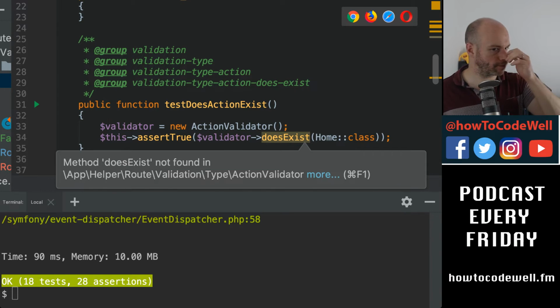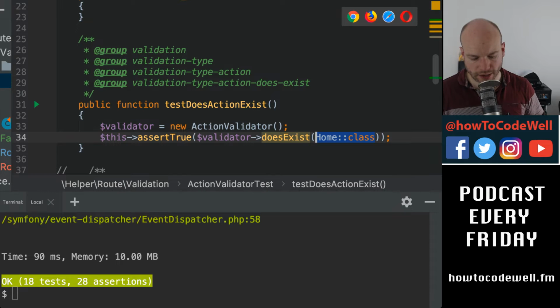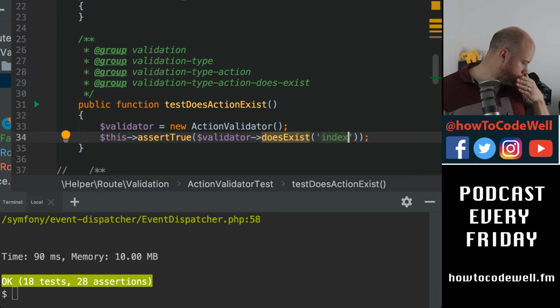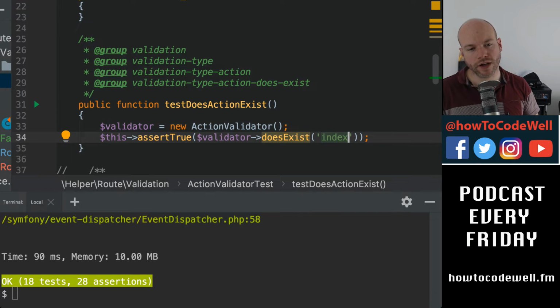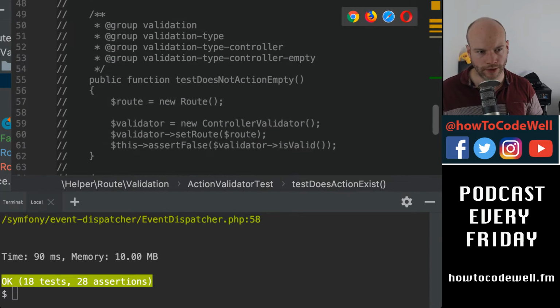So we know that that is going to be an index, but we also need to be aware of the controller in which the action belongs to. So we are going to need to create the root for this,